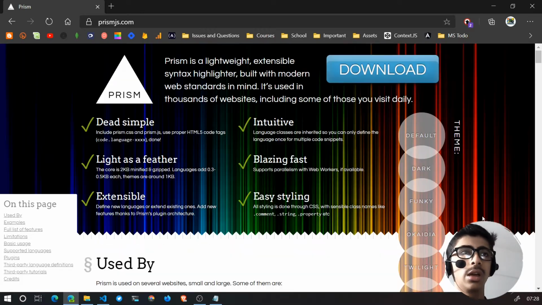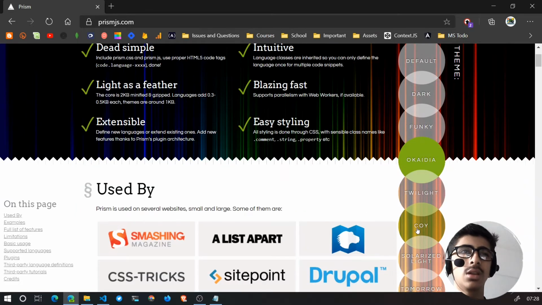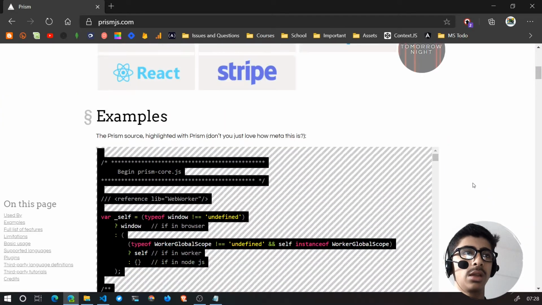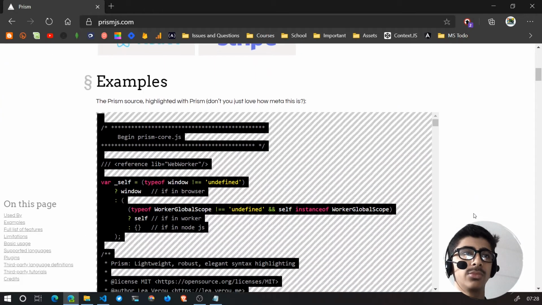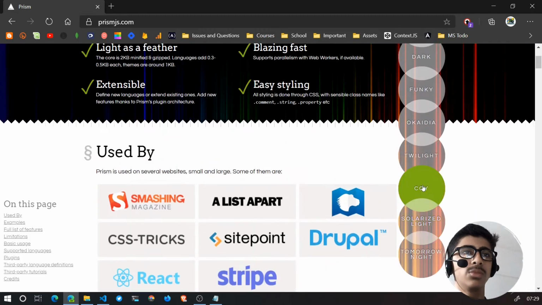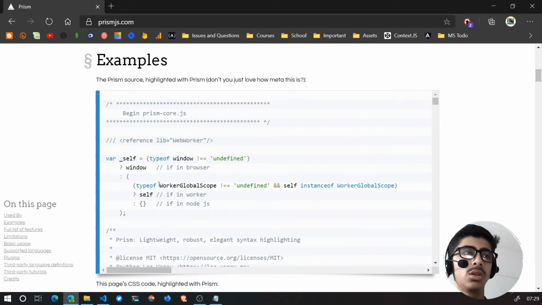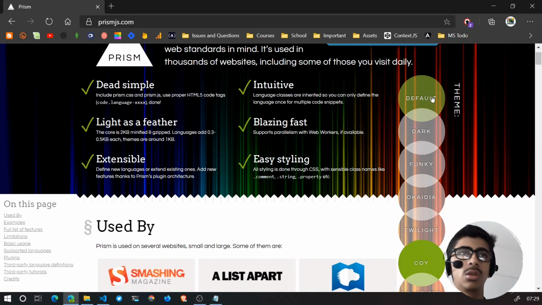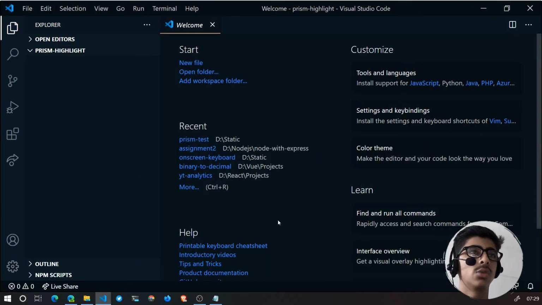For this tutorial I will be using the default and the Okaidia theme, because these two I think are kind of stable, and these ones I don't like them a lot because they don't look like code themes, you can say. This one looks like that, but I usually don't use light themes, so default and Okaidia. So let's get started. What I have done here inside of VS Code, oh yeah,